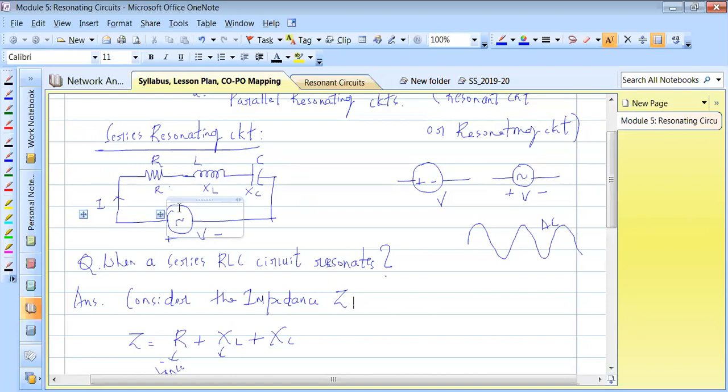Can anybody think where we can come across an application where we select a particular frequency? Where do you come across such application in electronics, where we try selecting a particular frequency for some purpose? So, radio receivers, you know, right? In radio receivers, what do we do? We tune the radio receiver to a particular station. When we tune it to a particular station, what I mean is we are trying to select the frequency of that particular radio station.